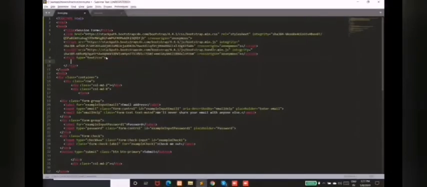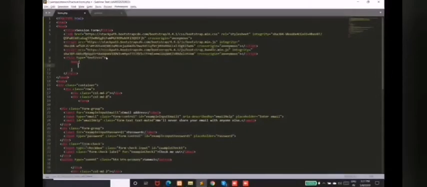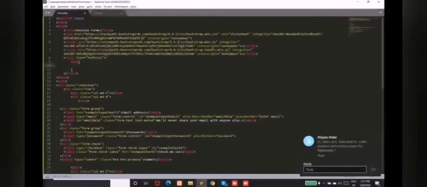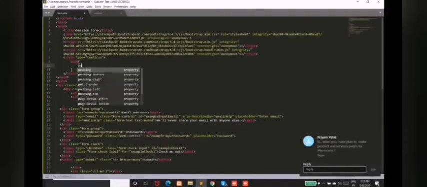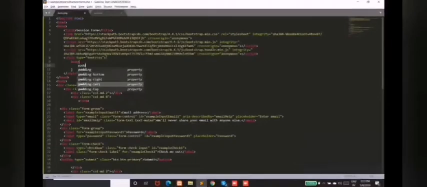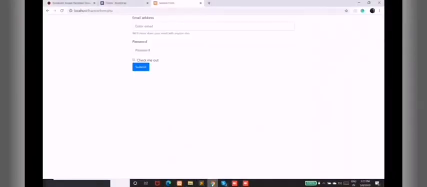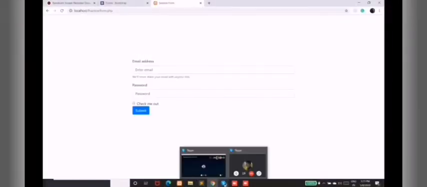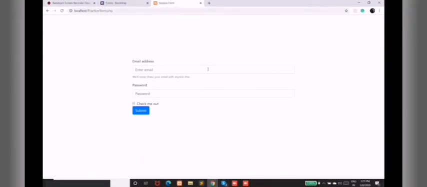I have one style, body, so I'll leave some padding from the top, 200 pixels. Is the form in the middle? Okay, so this is the basic form.